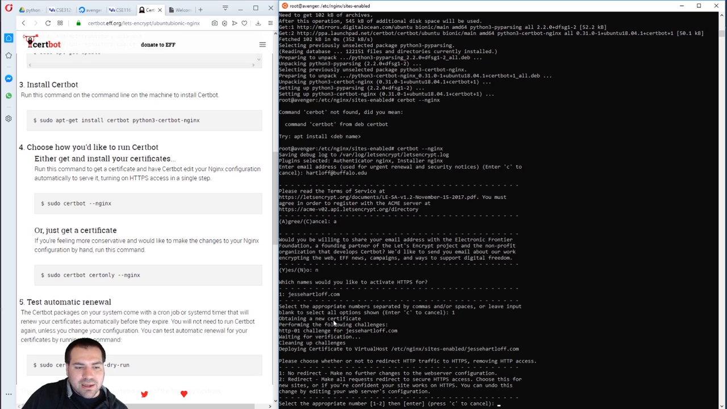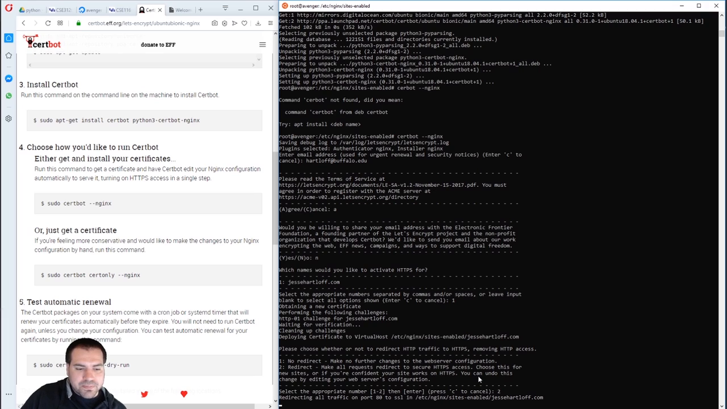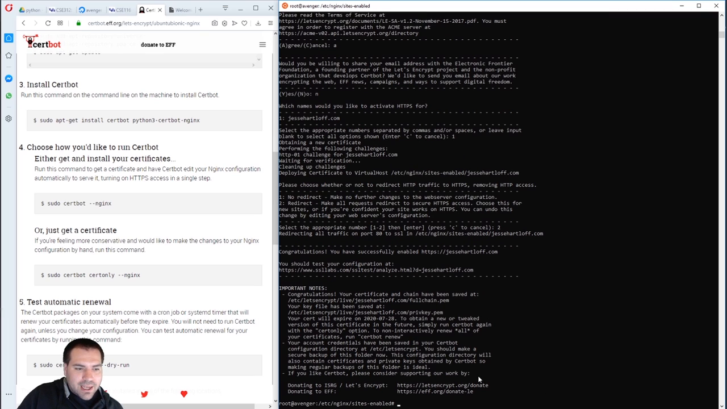Here, it's creating challenges, checking them, then cleaning them up, deleting all that stuff it did. And then now it's asking me, okay, you have SSH now. Now what? Do you want to redirect all traffic to HTTPS, which I'm going to do, or do you not want to redirect? Do you want to host HTTP and HTTPS? I'm going to choose the redirect option. And now when I look at my